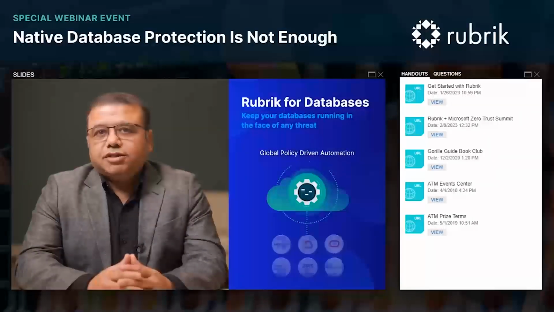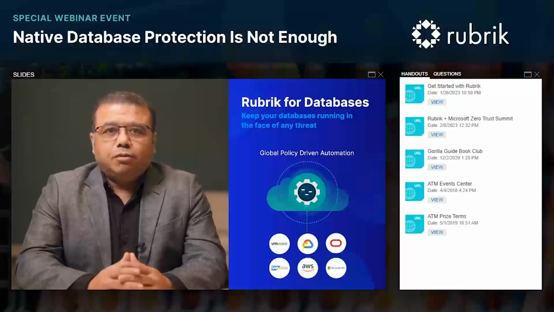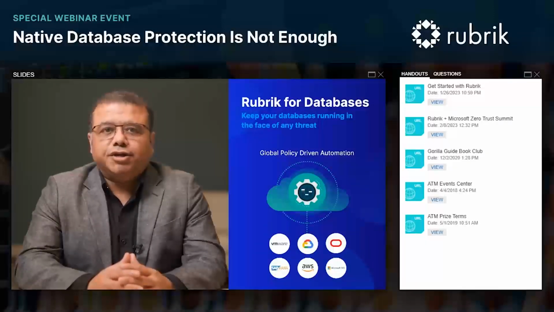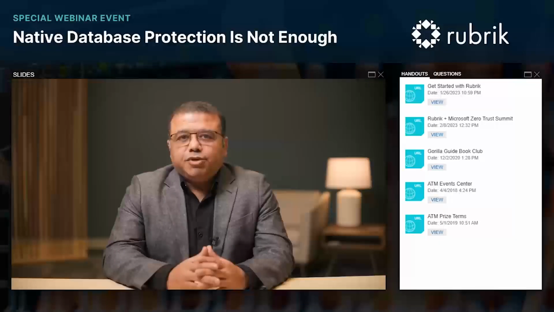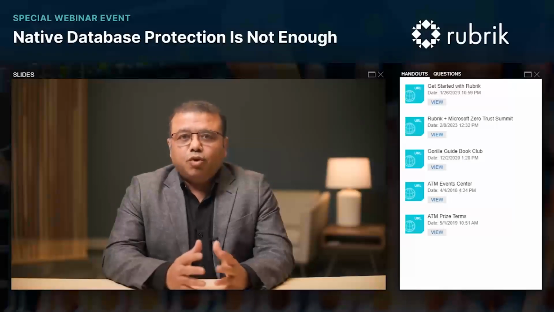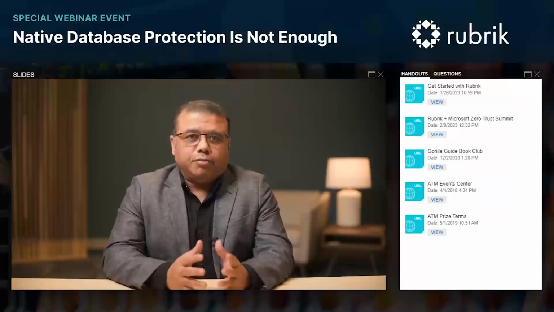Next up is global policy-driven automation. With Rubrik's global policy-driven automation, you can ensure data availability, maintain policy compliance, and orchestrate recovery workflows. Rubrik enforces data security strategies with automated discovery and policy-driven workflows, at the same time ensuring fast and predictable recoveries with the understanding of application relationships. This means that you can discover all of your databases as they are created and protect them by applying custom policies. There is no more worry about leaving a database behind unprotected.